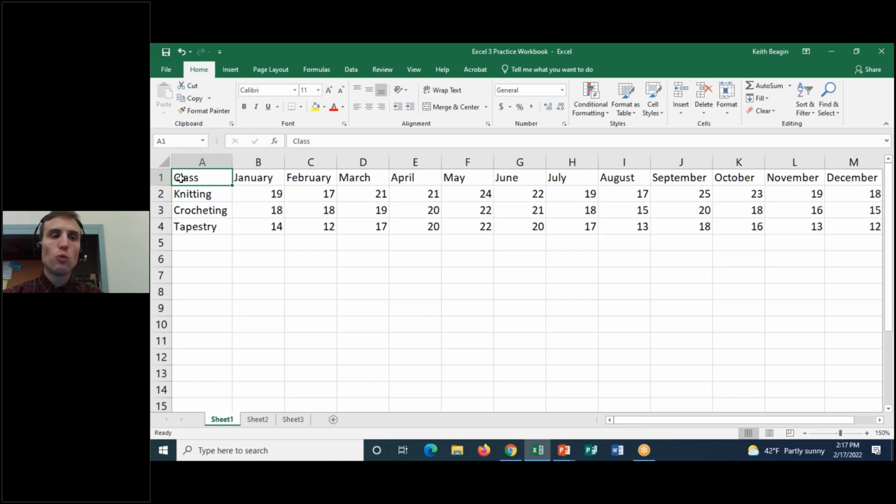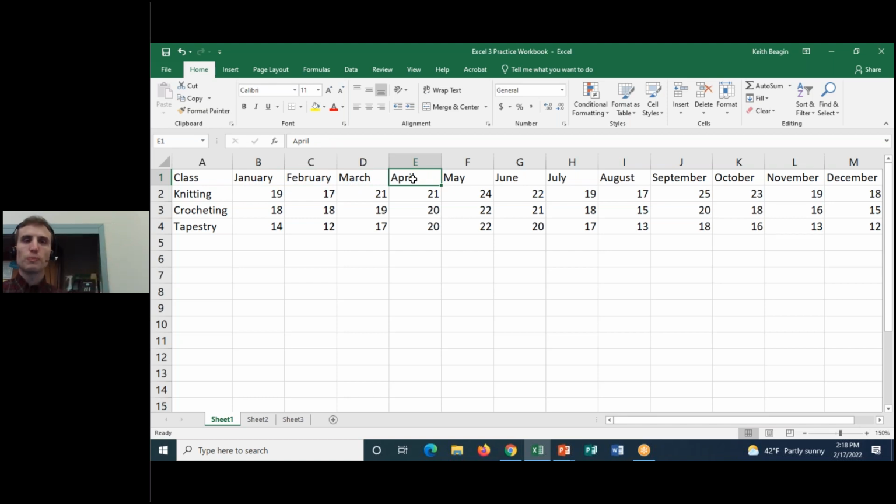So it looks like in row 1, our top row, we've set up essentially some labels, all right? They're kind of pulling double duty in this case. I've talked about this before. Sometimes labels are just labels. They don't really have any unique value other than just identifying other values. So for example, if we had employee ID number, that would probably just be a label. But in this case, they're kind of both. So class and then the months of the year, they're kind of acting as labels to make sense of these numbers, but they could be values in their own right, if we wanted to,